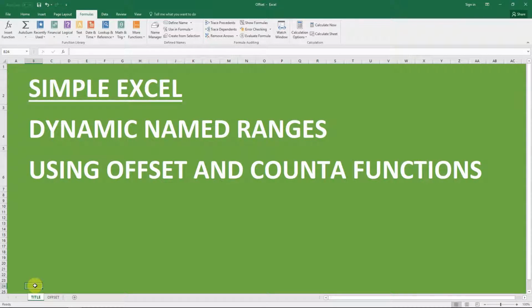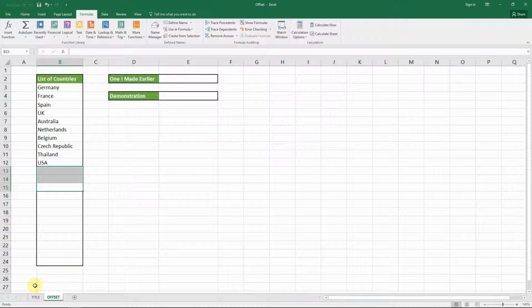Hi everyone, so in this video I'll be showing you how to create a dynamic named range using the Offset and Counta functions. So what is a dynamic named range? Well, essentially it's a variable range of cells that has been given a name. So in this example I have a list of countries in column B that I will add to over time,